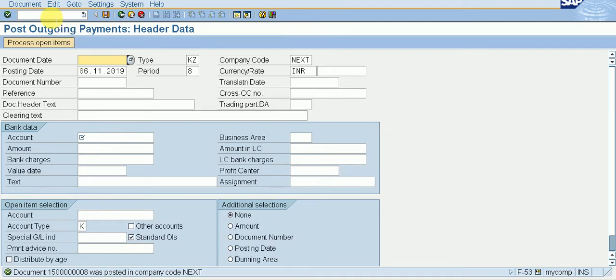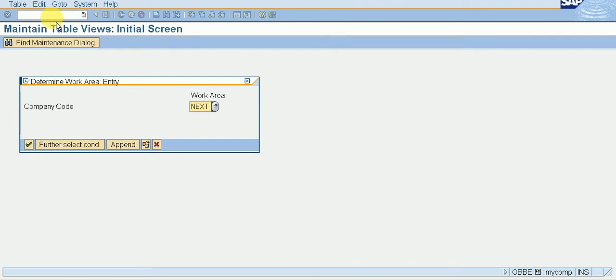So for underpayments, we go to slash n OBBE. For shortcut keys only, by T codes only, not by path. I am not showing you the path. If you want the path, I will show you. For OBBE,